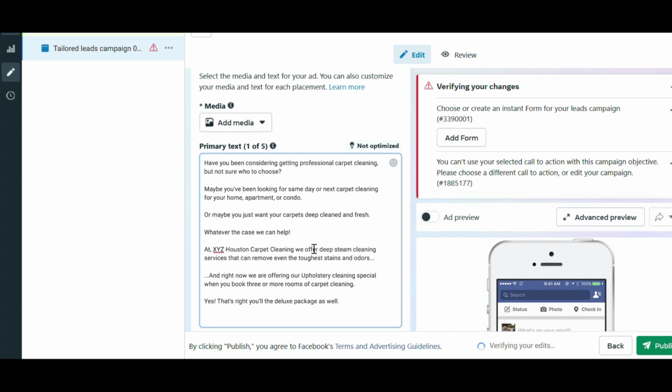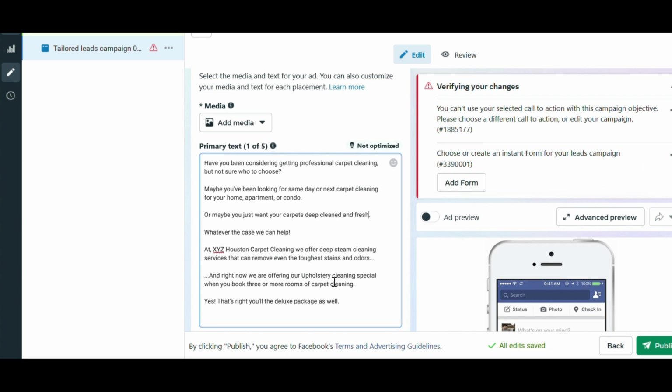At ABC Houston Carpet Cleaning, we offer deep steam cleaning services that can remove even the toughest stains and odors. And right now, we are offering our upholstery cleaning special when you book 3 or more rooms of carpet cleaning. Yes, that's right. You'll get the deluxe